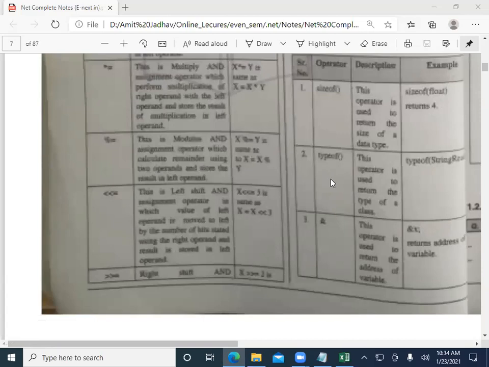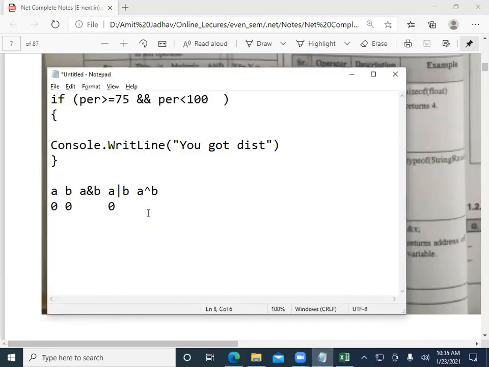Then typeof operator gives the type of an object. For example, if we write typeof x, it gives which type of data it is. So let's see here. If x is equal to 5, and here we check typeof, and in brackets we write x, then it will give the value integer because its type is integer.